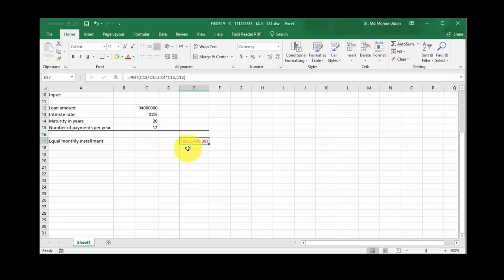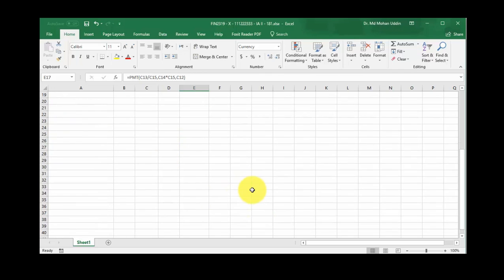We can clearly see that our PMT or monthly equal installment is $631,000. Okay, now why is it negative? It is showing negative because we are actually going to pay it. So in our loan amortization